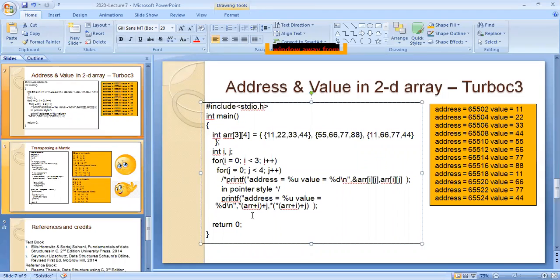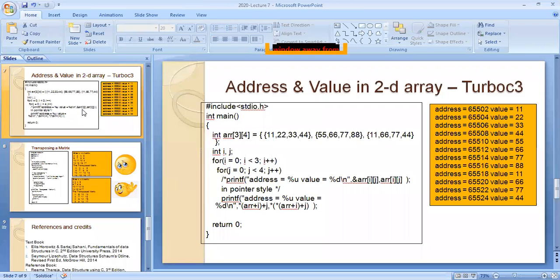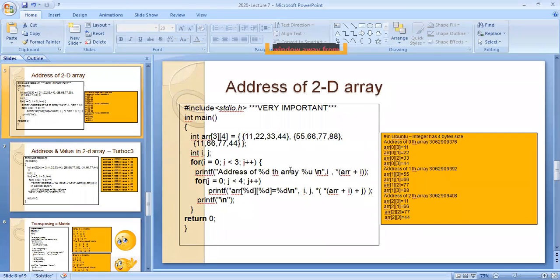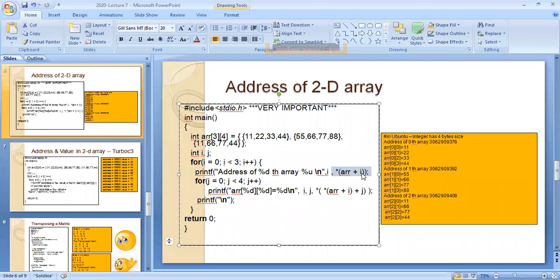So see there, what was the difference there in Linux as well as Turbo C? So for rows, you compare with this one. For the address, how were you getting it? Star of (arr plus i), only i was there. While coming for values, you were getting star of (arr plus i plus j). Okay.